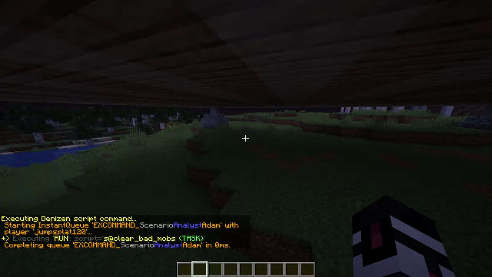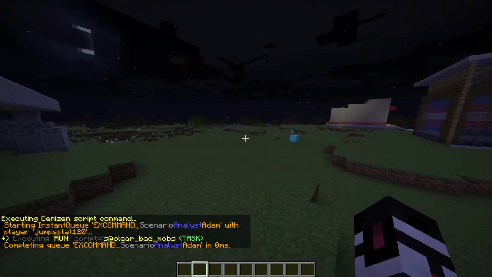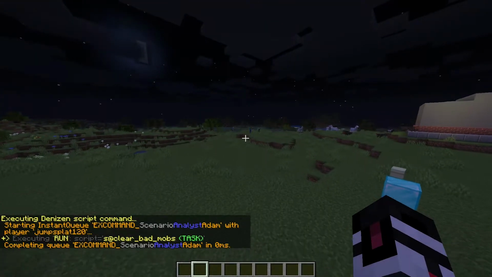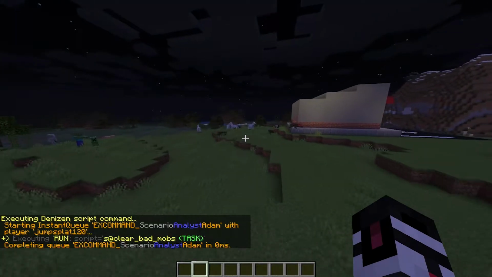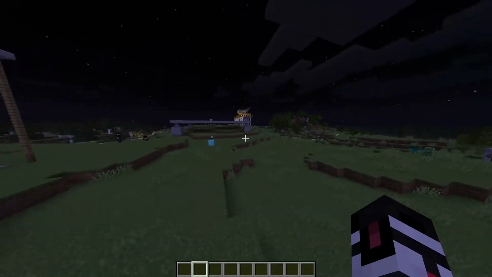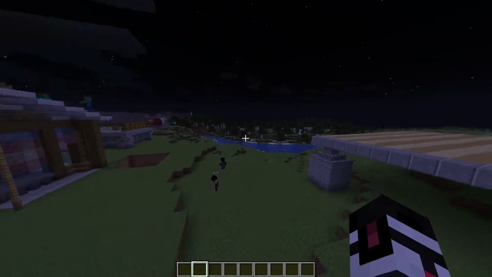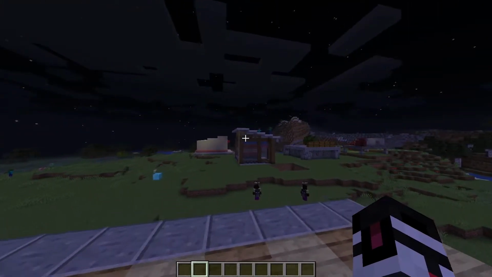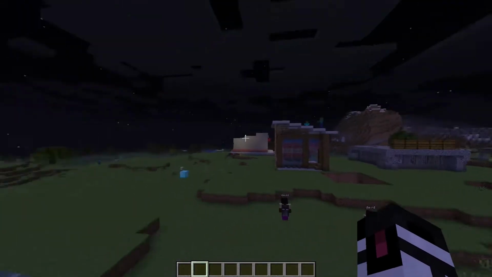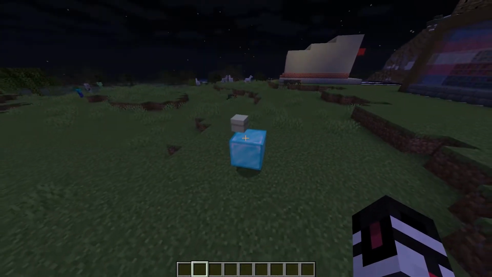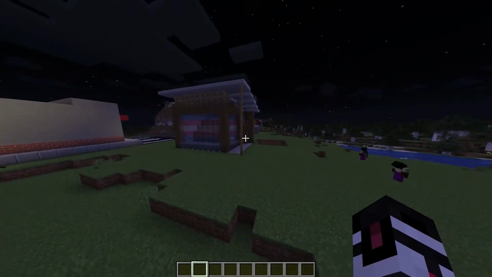So now what I've decided to do is, in clear bad mobs, all I'm doing is briefly setting the game mode to peaceful for like half a second. Not even that, for 2 ticks basically. And the neat thing about it is that basically any mob that would be considered a hostile mob, like zombies and stuff like that, will disappear, but other things won't, right? So like shulkers won't disappear,